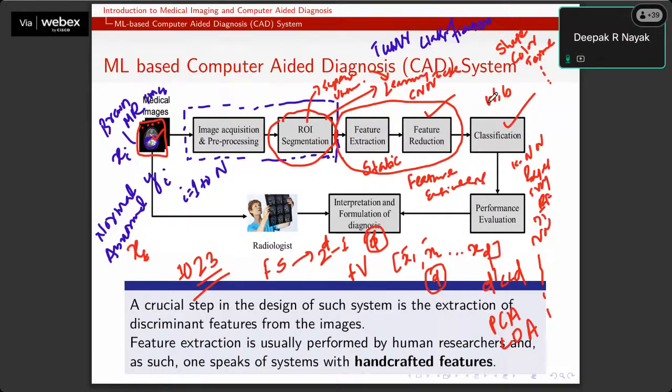The classifier has already been trained. That means the W and B values have already been adjusted, or you can say trained or optimized. Now you are going to use those adjusted values after extracting the features during testing, and then you will obviously get a label, either normal or abnormal. Then you can check whether the classification is correct or wrong. And these are the stages which we always consider while designing machine learning based CAD systems.